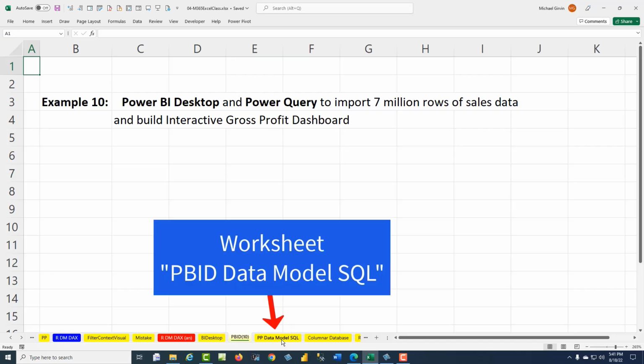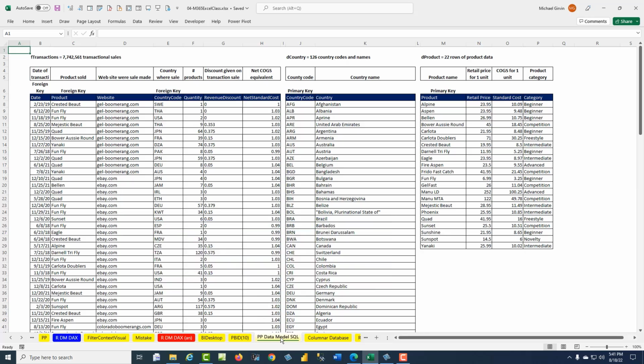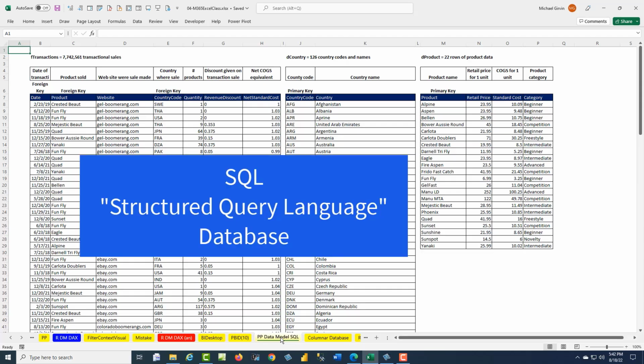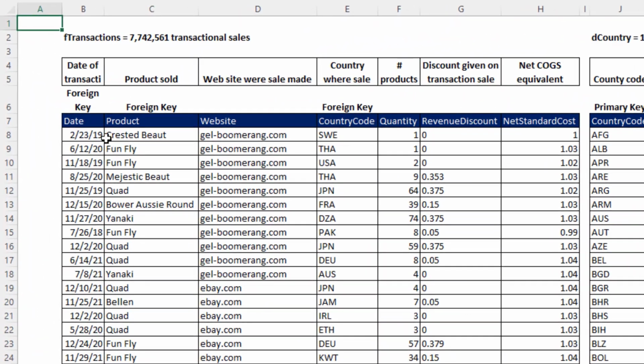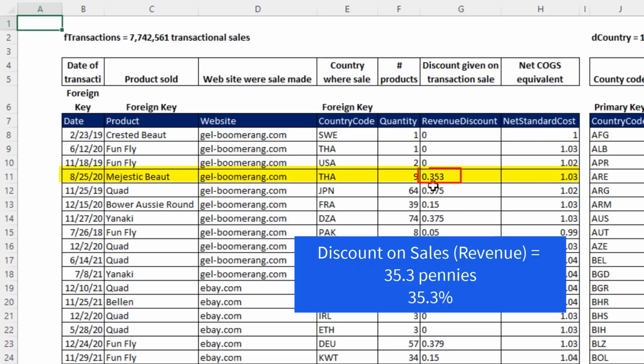Now, we're going to go over to this next sheet and talk about what we're going to find when we import the data from a structured query language, that's SQL Database. We're going to have a fact table with date, product, the website where the product was sold, the country code where the product was sold, how many units were sold for the transaction, what the revenue discount was. So for this transaction right here, for every $1, the customer got